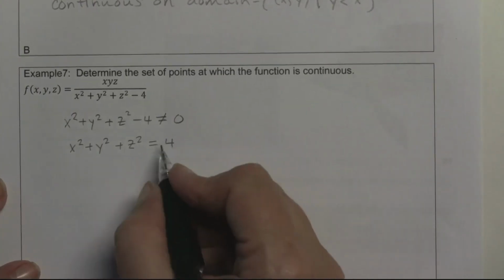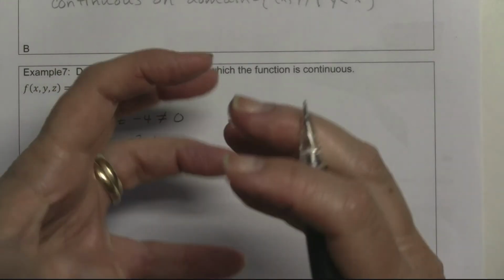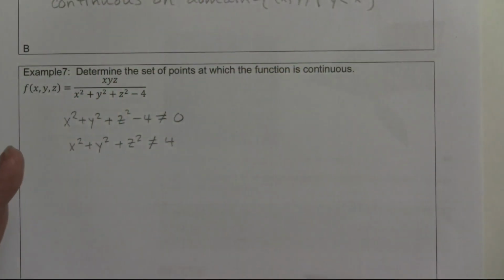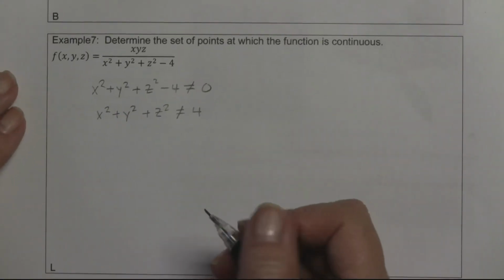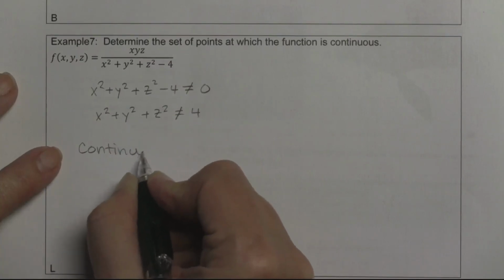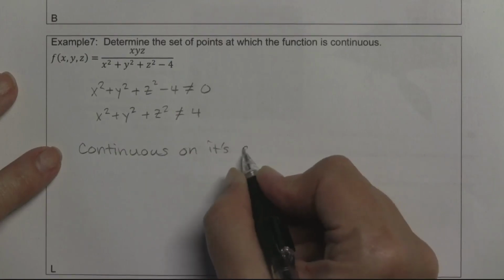So it's not continuous at points on the shell of the sphere, but it's continuous at all the points inside and all the points outside of the sphere. So because it's rational, it is continuous on its domain,